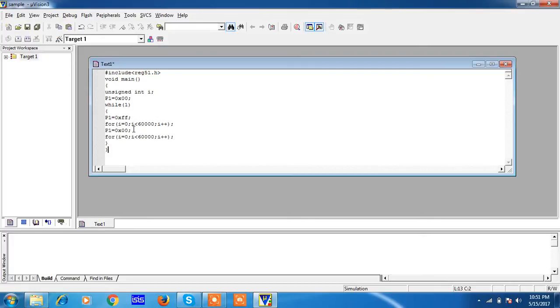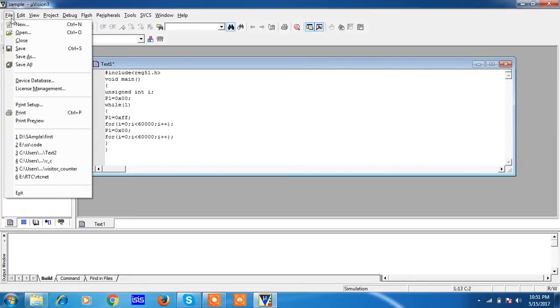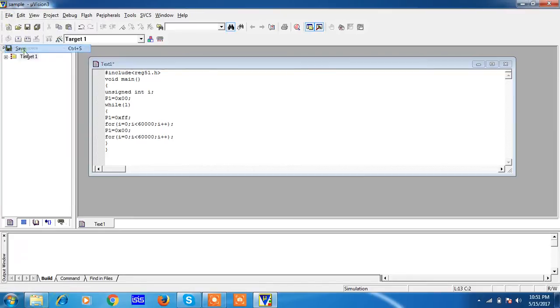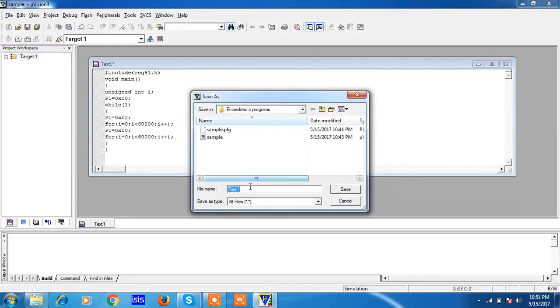Okay, so after writing your complete program, just save your program, because you people have to know about the complete development cycle, which starts with the editor, and now we are looking at compilation. To compile your program, just go to File, save this program first of all. Now this is a sample program. Now I am writing the IO port